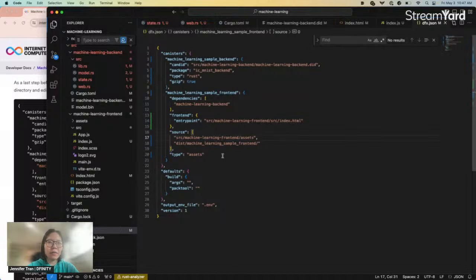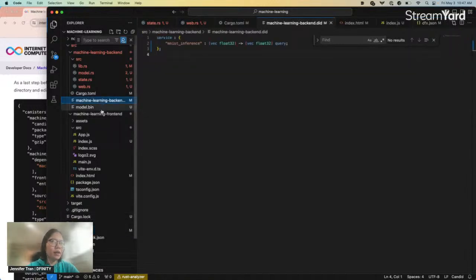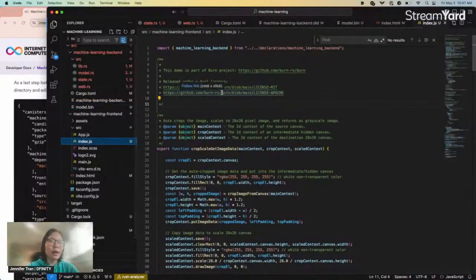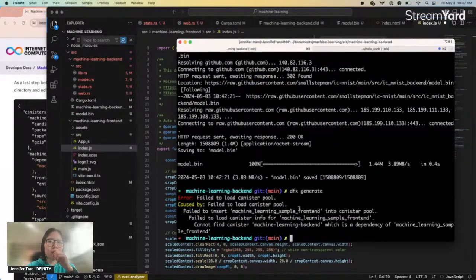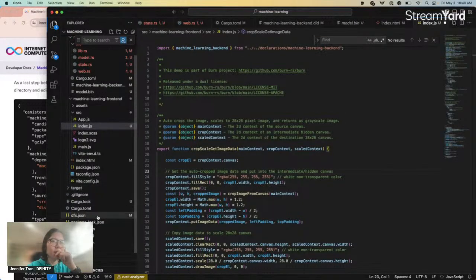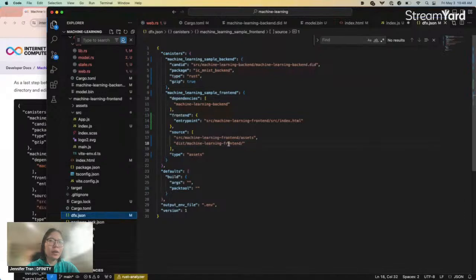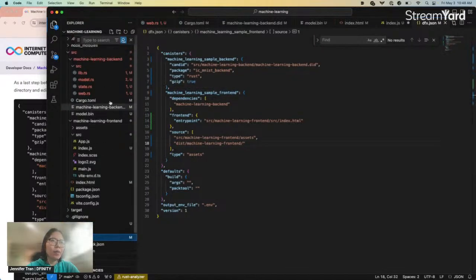Okay, here. And then in the index, I also think we might need to do a dfx generate. Okay. There's also another point here where we'll have to do a dfx generate.